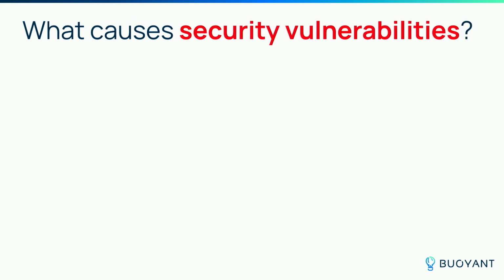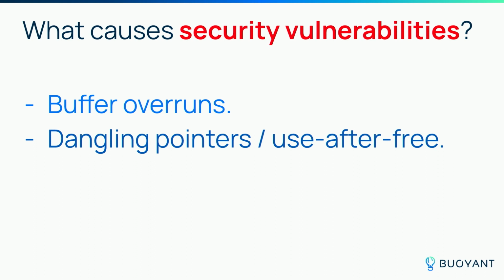So when we talk about these things being secure, well, what do we mean? What are we protecting against? What types of things cause security vulnerabilities? So one example of something that can cause a security vulnerability is a buffer underrun, right? You can be trying to access a piece of memory outside the legal bounds for that memory and access some invalid memory and cause a buffer underrun, buffer overrun. You can have an issue with dangling pointers or use after free. So trying to use a pointer after that pointer is no longer valid, either because the data that pointer has pointed to has moved or has been deleted, or for whatever reason that pointer is no longer valid, but you try to use it anyway.